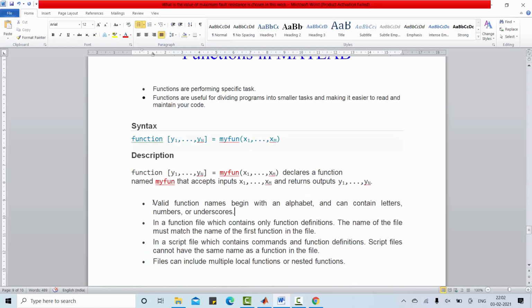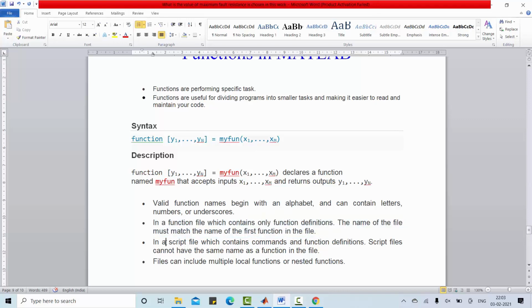There are a few rules to follow while writing functions in MATLAB. One, the function name must begin with an alphabet, and thereafter it may contain letters, numbers or underscore. Second, a function file must contain only function definitions, and the name of the file must match the name of the first function in the file.